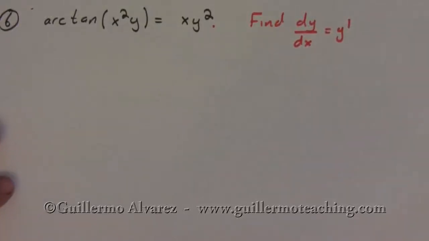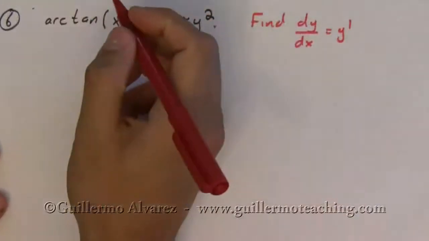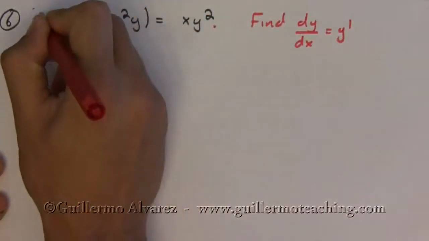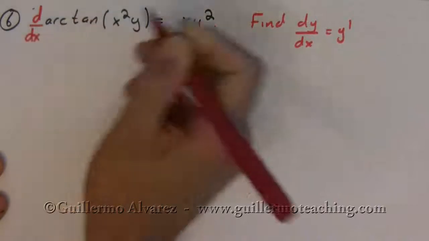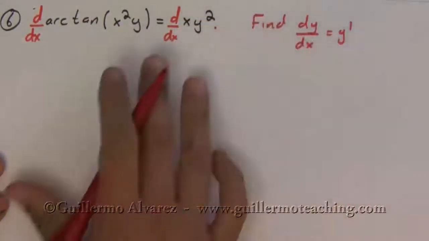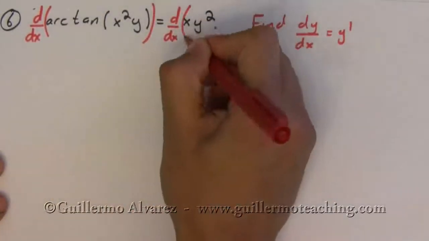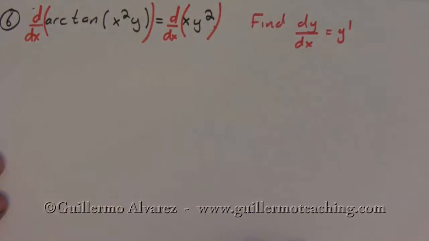Okay, this problem is kind of a toughie, but we'll work through it. In theory, it's not any more difficult. It's just more involved, and so it involves a little bit more work. So the first thing we do, again, as usual, is we get the derivative of both sides with respect